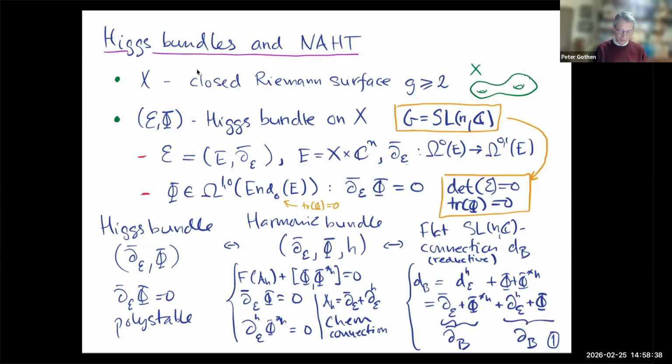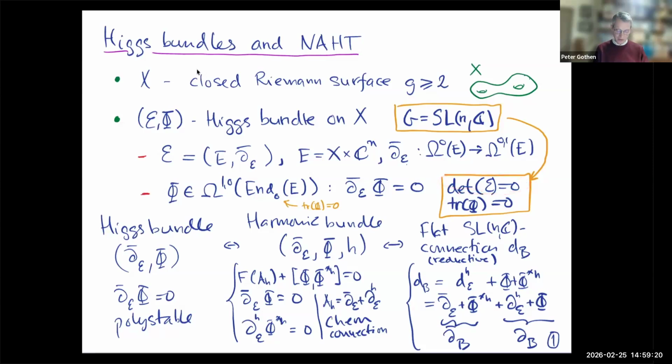And the data that defines a holomorphic bundle is, I'll take it to be this d-bar operator, which tells me when there's a smooth section of E, when is it holomorphic. So that's exactly when it's killed by this d-bar operator. And then we need a holomorphic Higgs field. So I want it to be holomorphic, and the Higgs field, here I'm writing it as a (1,0) form with values in the traceless endomorphisms. Since it's holomorphic, it's exactly a section of the endomorphism bundle, a holomorphic one form with values in the endomorphism bundle. And because I'm fixing the determinant, we should look at traceless endomorphisms, and we should take the trivial determinant bundle.